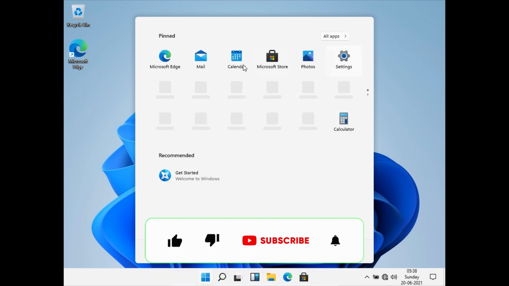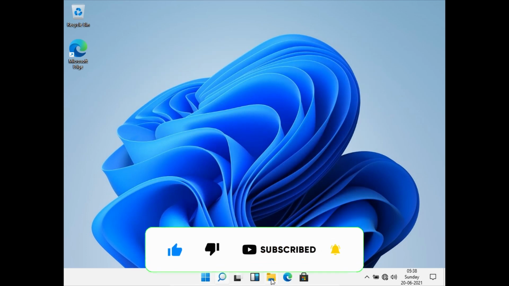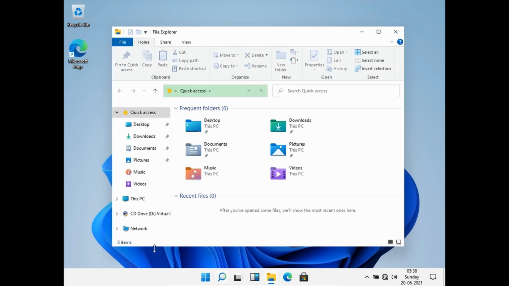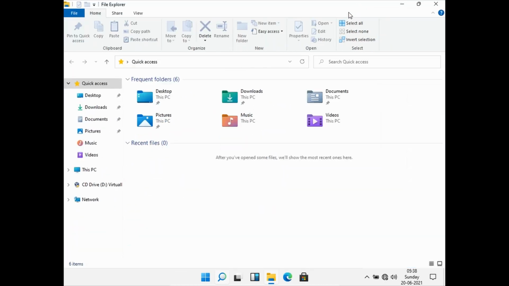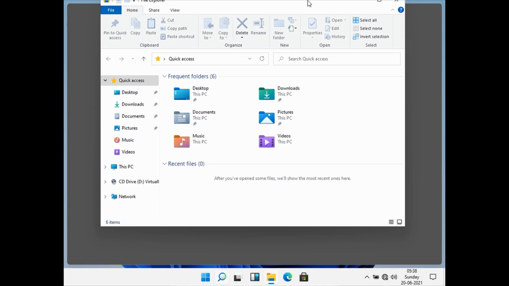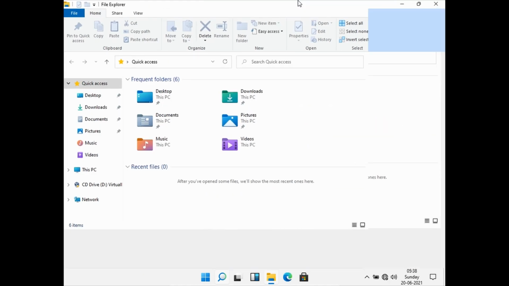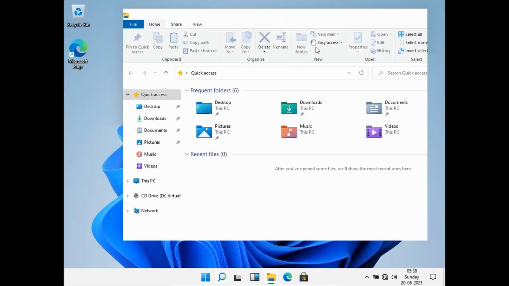So the very first thing we are going to see is File Explorer. Here the edges are sharp. You can see this animation, this maximizing and restore.